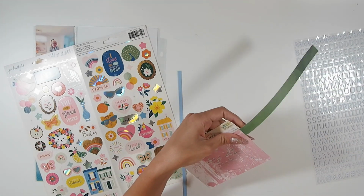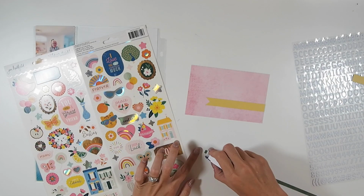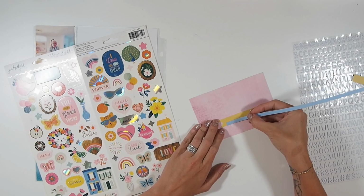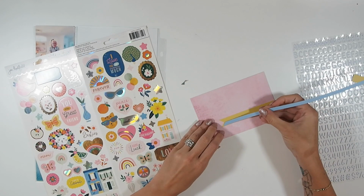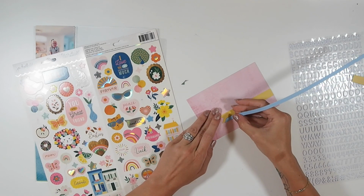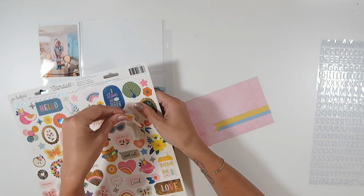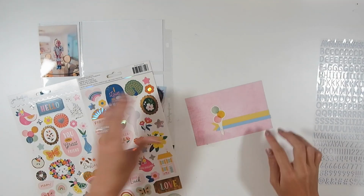I just wanted to bring in the blue and the yellow from my layout because, as you will see once I take away that sticker sheet, this entire layout is very much focused on the blues, the pinks, and the yellows. So I'm going for a very pastel vibe. The reason is because this was the week that we celebrated my sister-in-law's baby shower, and I thought it'd be nice to have some pastel vibes in this layout. I also dyed my hair blue this week, so that's why I definitely wanted some of the blues,